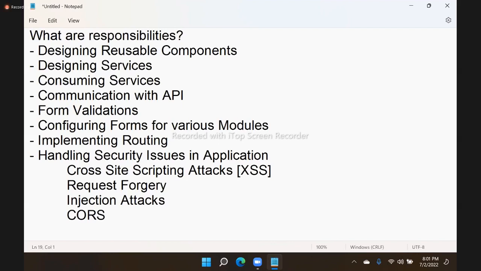Sometimes if you present yourself as a senior developer, that means you say that I am a senior developer with a lot of experience behind me, then in interviews they may ask, how do you prevent request forgery? First you should know what a request forgery is. Every web application has to handle request forgery. Every web application has to handle injection attacks compulsorily, whether it is Angular, React, Java, .NET, PHP, Python, front end, any server side, client side, these are compulsory, mandatory. If you are not addressing these issues, then your application can be hacked. Your application may crash,